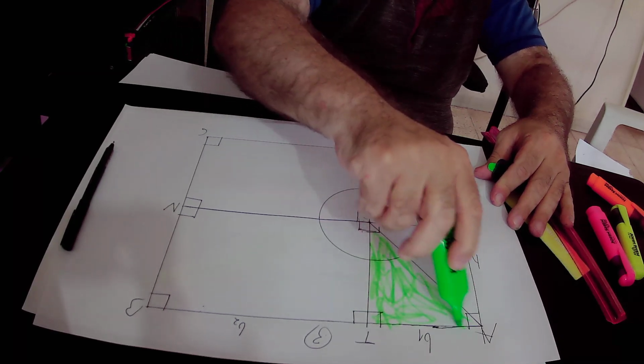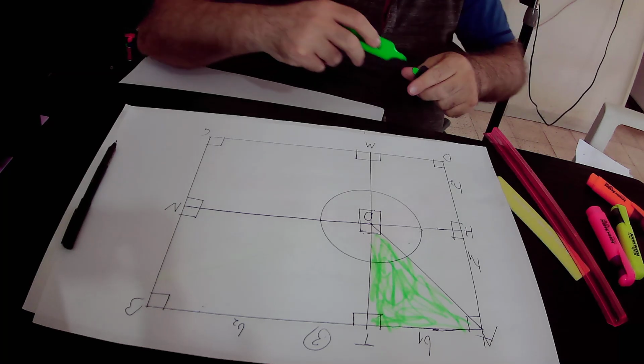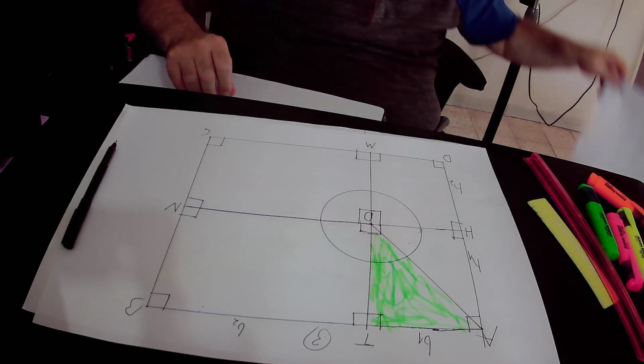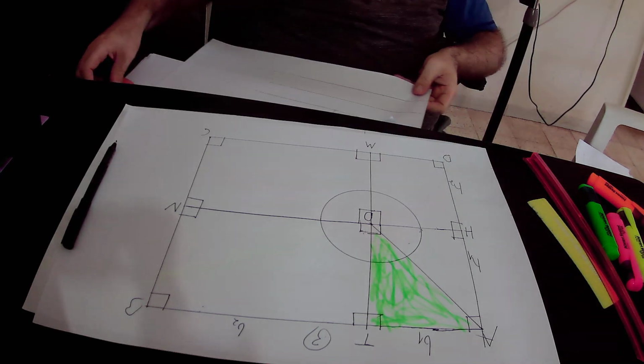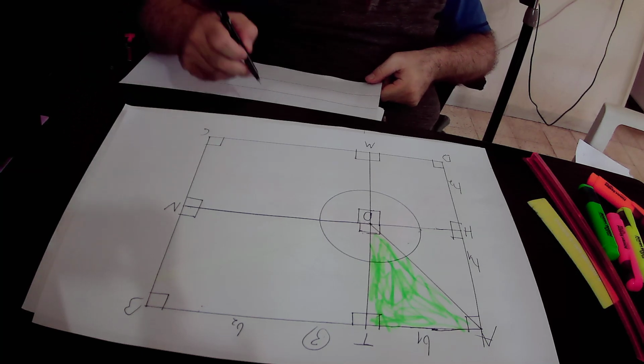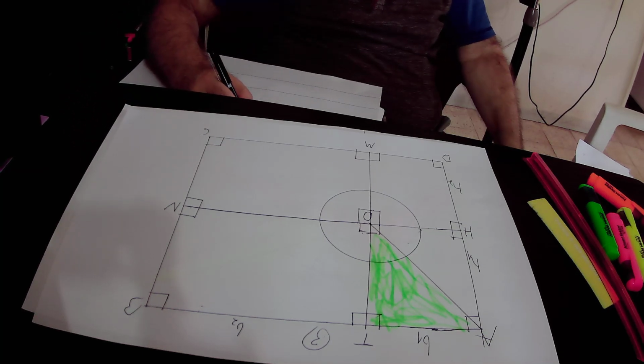According to the Pythagoras theorem on the right green triangle ATO, AO square equals to,